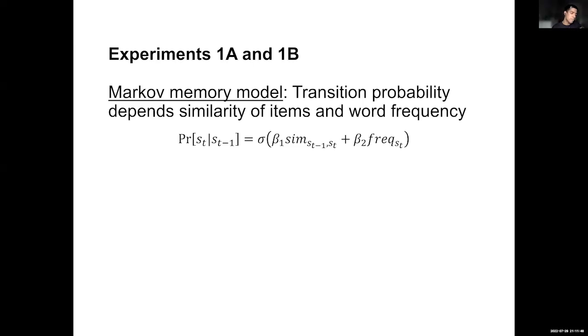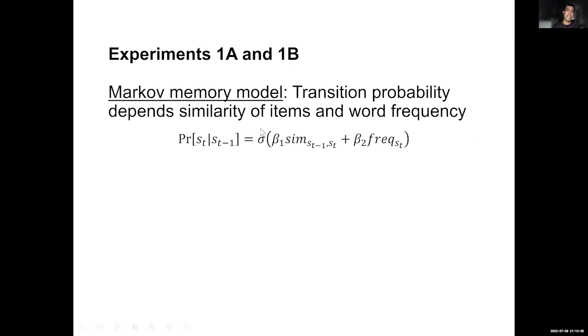Okay, we have several models that we're going to use to understand human behavior in this task. So the most fundamental model is a model of memory search. We're going to assume that search through memory, that is people's ability to retrieve different food items one after the other and ask the experimenter about those food items, is described using a first order Markov process, such that people transition from one item to another. And this transition, we assume, depends on 2 core variables: the similarity of these 2 items, which we're going to specify as cosine similarity of their word vectors, and the word frequency of the item that is being transitioned to.